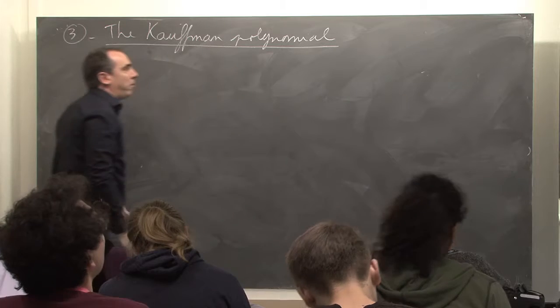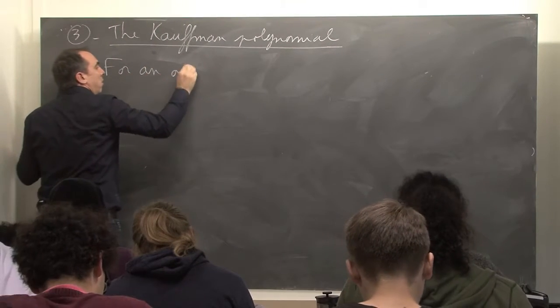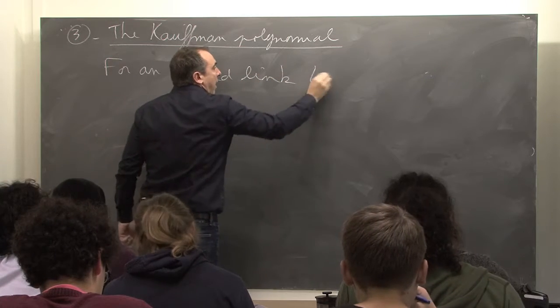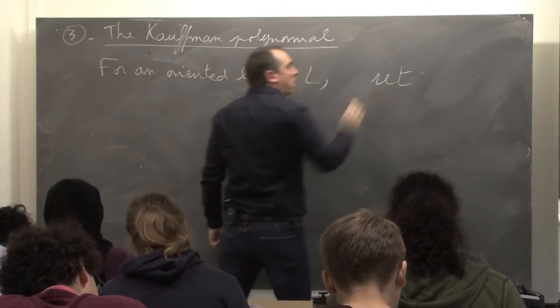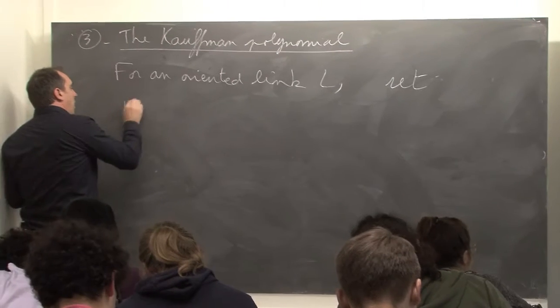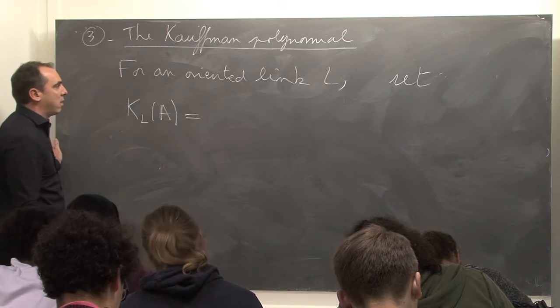Okay. So if you have an oriented link L, we define K_L of A